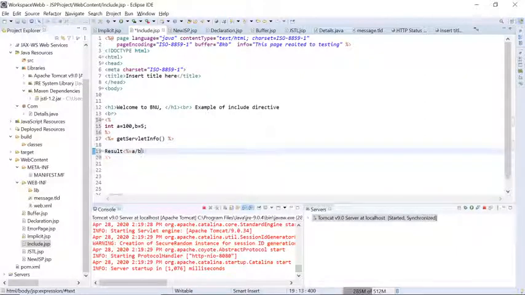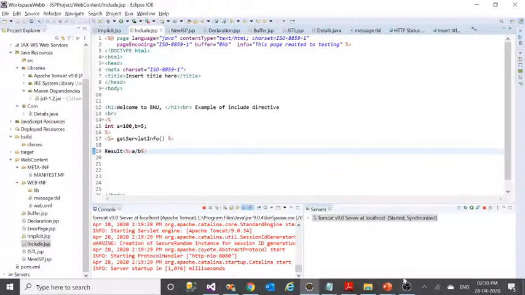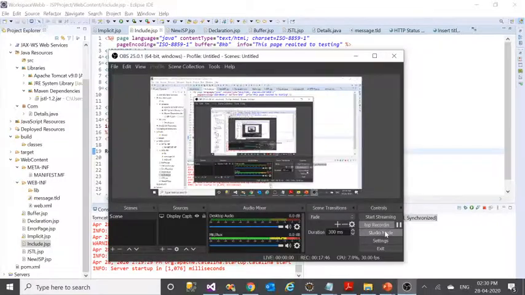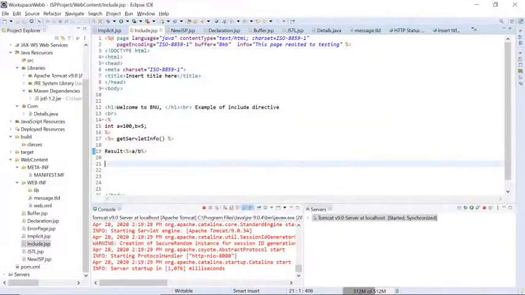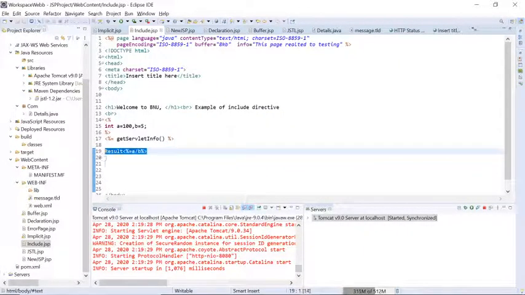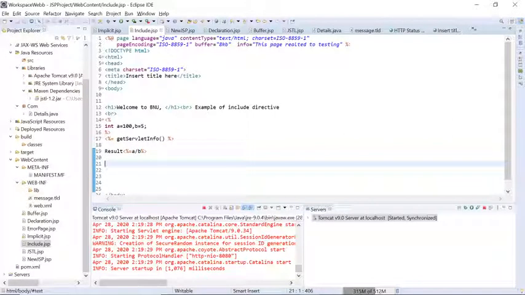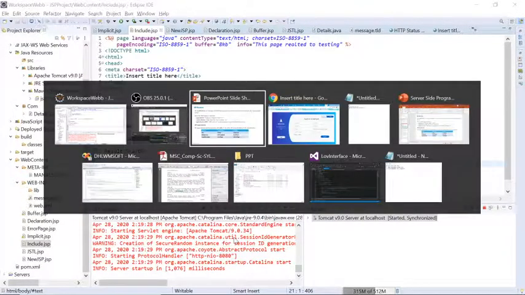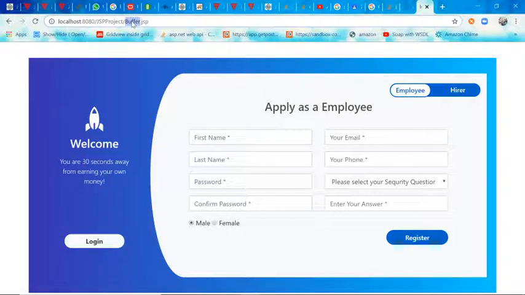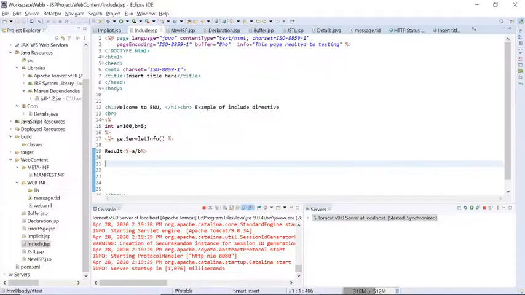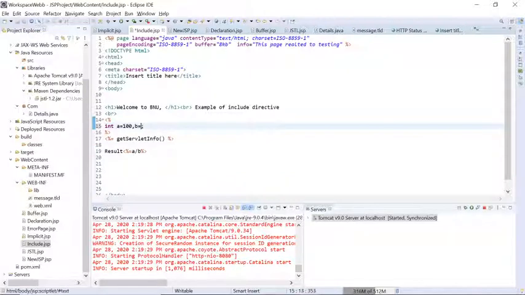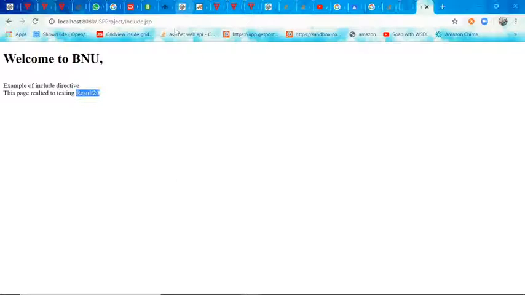This is the way we are doing it. Now you can check we are getting some result. The server is running, and we go to our browser and make an include page request. You can check, the result is 20. Exactly, we are getting the result. Think about some exceptions: dynamically some values are coming and it goes for some exception. What happens?